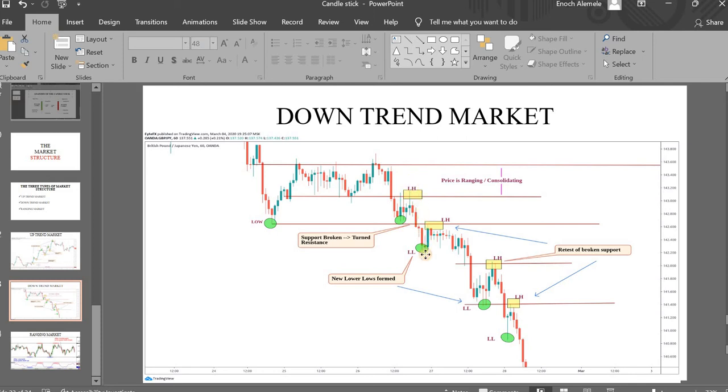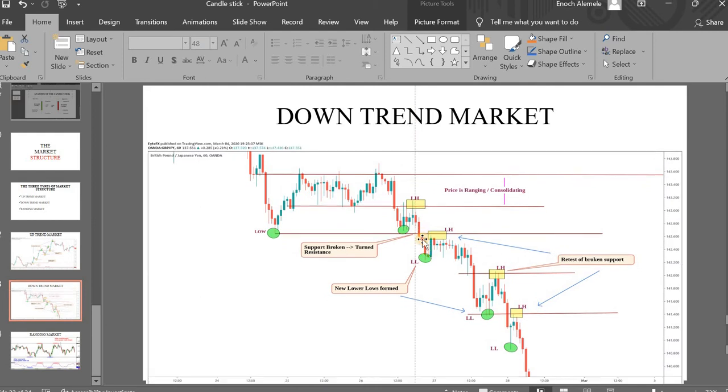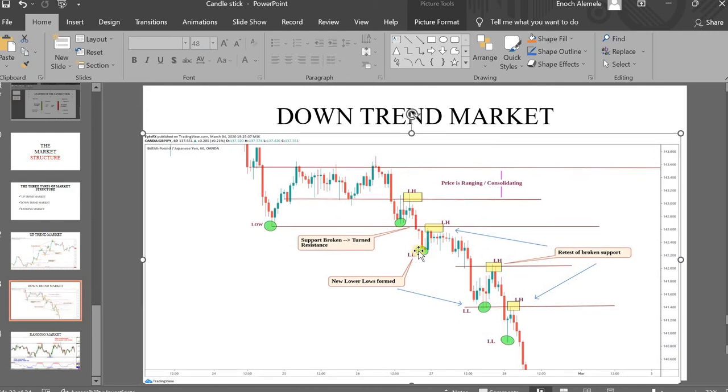As it comes down, it forms a lower low here. It forms a lower low here. Then as it retraces, it forms a lower high in that manner. Okay, so you wait for price to what? Break through,